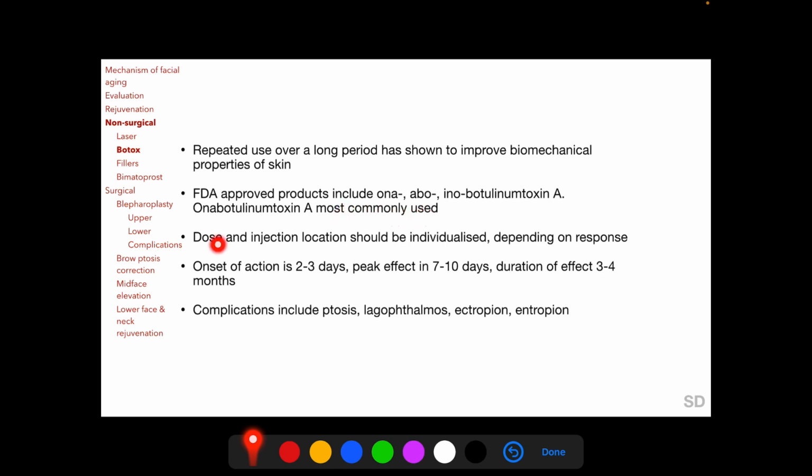Dose and injection location should be individualized for each patient depending on response to previous botulinum toxin injection. Following Botox injection, onset of action is usually within 2 to 3 days. The peak effect occurs in 7 to 10 days, and the duration of effect usually lasts 3 to 4 months. Complications of Botox injection include ptosis, lagophthalmos, ectropion and entropion, and these are all due to paralysis of the respective